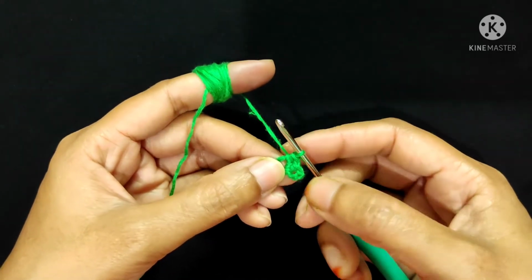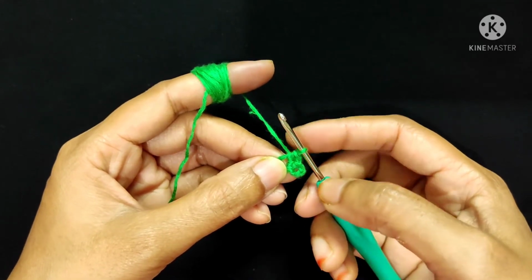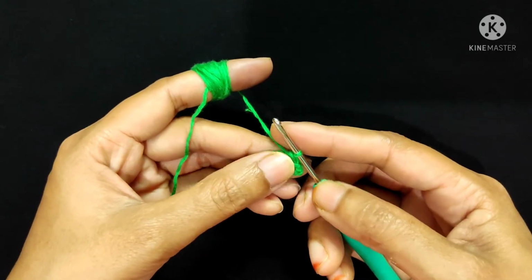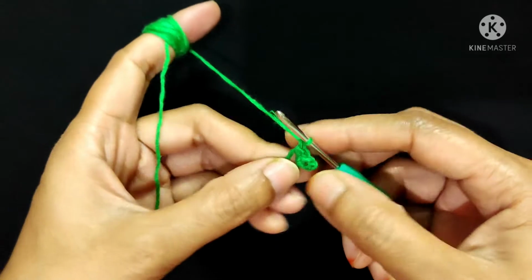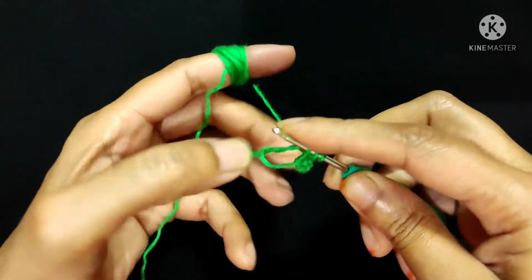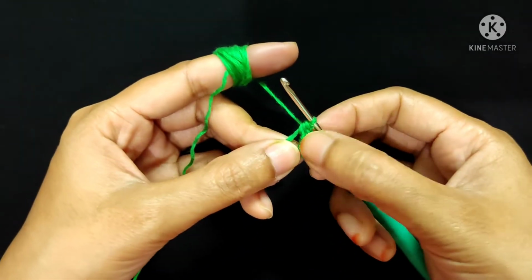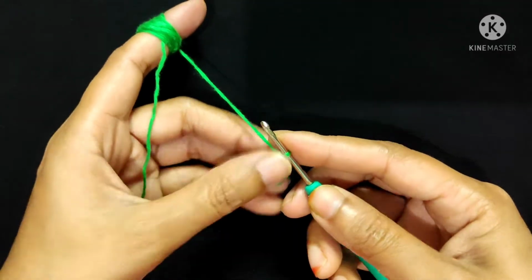Here I completed 1, 2 and 3 half double crochet and 1 and 2 chain 1 space, and now I will make 5 more half double crochet and 6 chain 1 space. Now chain 1, and now I will make 1 more half double crochet, 1, 2, 3 and 4, fourth. Now chain 1 chain stitch,